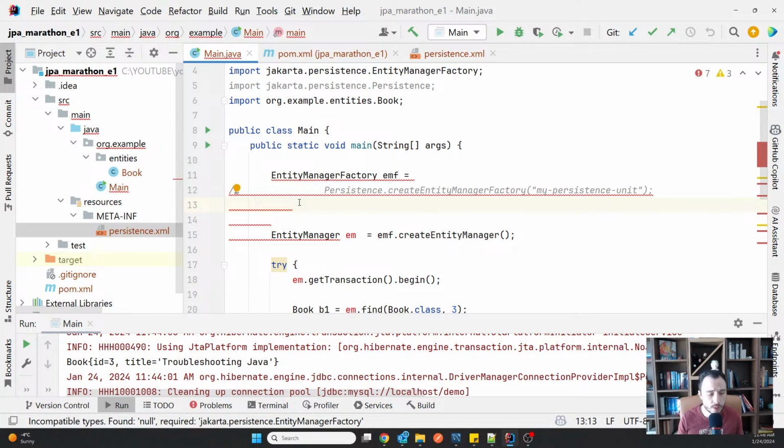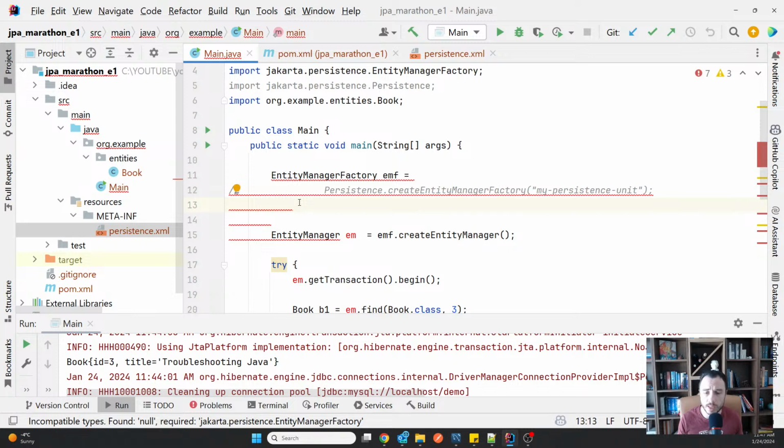Now, normally to do that programmatically, depending on the implementation you use, you will have a specific class in your JPA implementation that can create the entity manager factory for that specific implementation. And I'm not going to go into details. Spring Boot, for example, is very smart behind the scenes because it allows you to have not only Hibernate, which is naturally the convention, so you will most likely use it, but you can replace it.